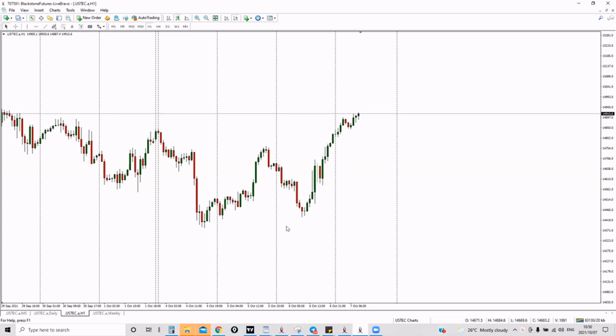Let me show you how to customize your toolbar. On the toolbar at the top left of your screen, there are already preset elements like the draw vertical line, the horizontal line, the trend line,